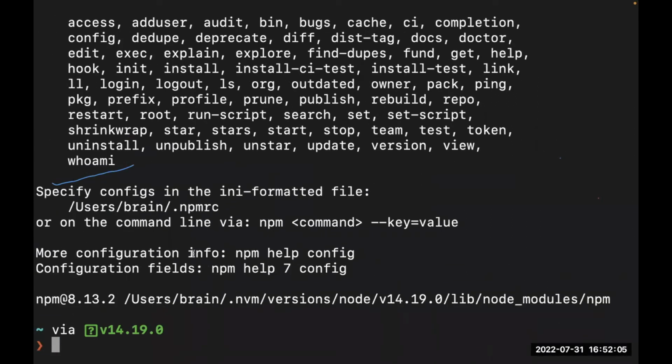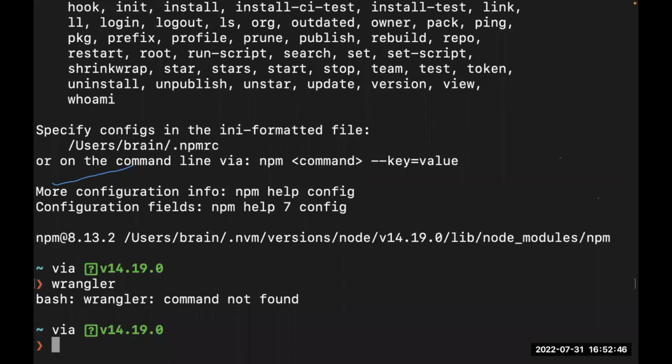Trust me. I remember working with, what is the name of this tool again? There was a time, I think it was Wrangler. Yes, there's a tool called Wrangler, a command line tool from Cloudflare for deploying your web pages and also some serverless functions on the edge. The first time I installed Wrangler, I was finding it a bit difficult, and I did not want to look at their documentation because I believed I could sort things out using the help. I think I still have Wrangler installed here. I'm not sure, but let's see. Wrangler, okay, not found.